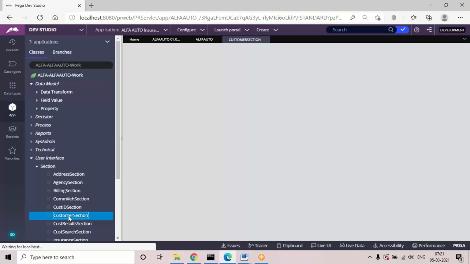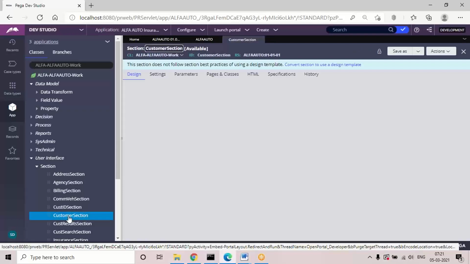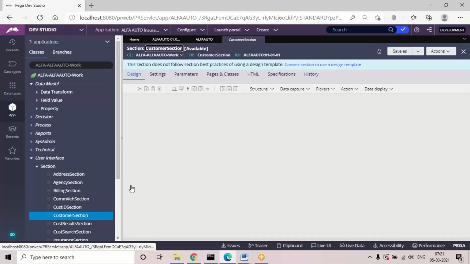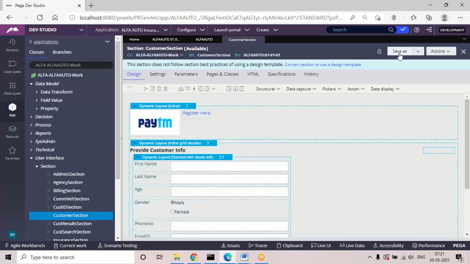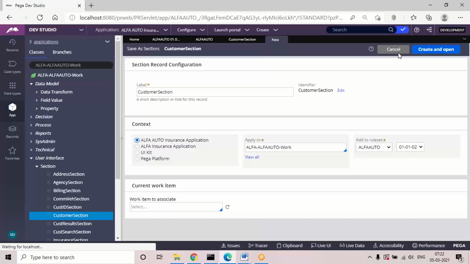Any rule, not only that one, any rule which is now in the locked version, if we want to customize that, we need to use the save as option so that this particular rule will move to the new version. We'll get the new version, whatever the latest version is at the time. The rule will jump, or move, to that version.